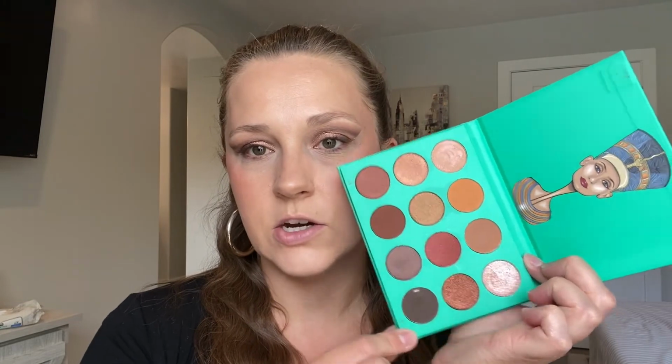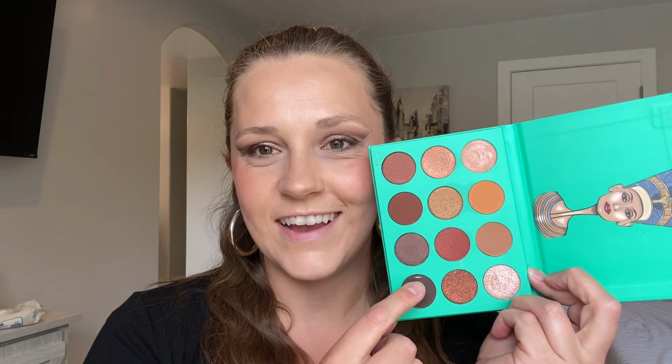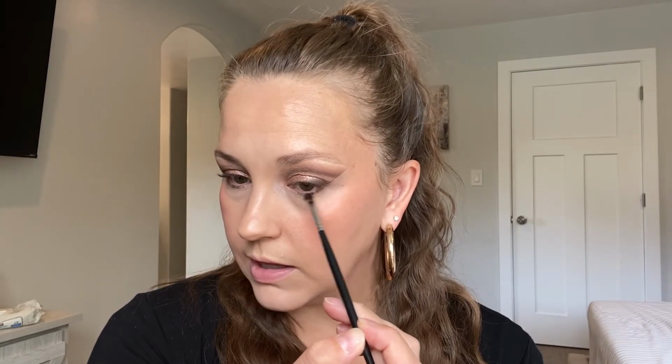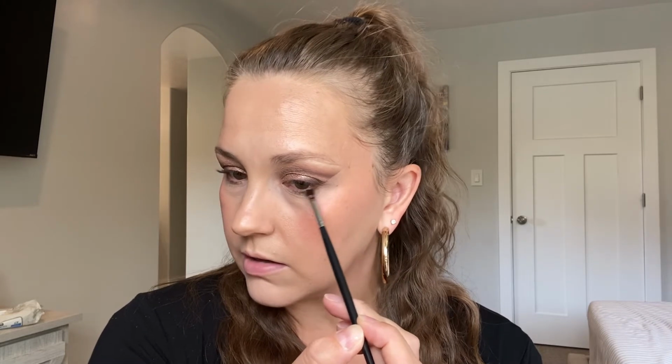I'm going to take some of the dark shade. I got some of that glitter shade on it there. I'm going to use this brush from Morphe. This is the M213 brush, just a really small flat brush. And I'm going to start here on the outer corner, and I'm just going to blend this on the lower